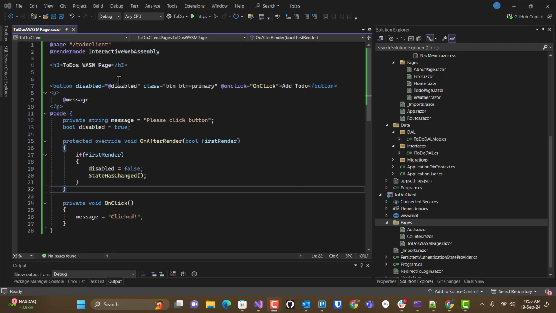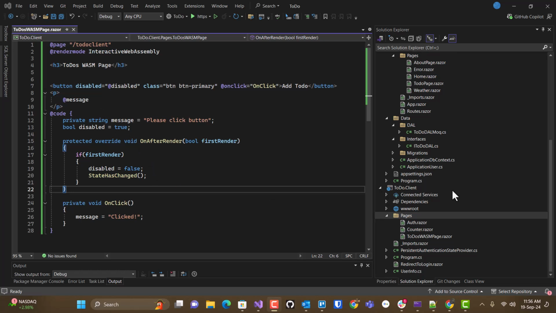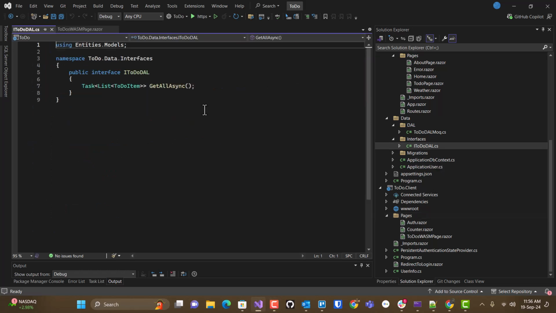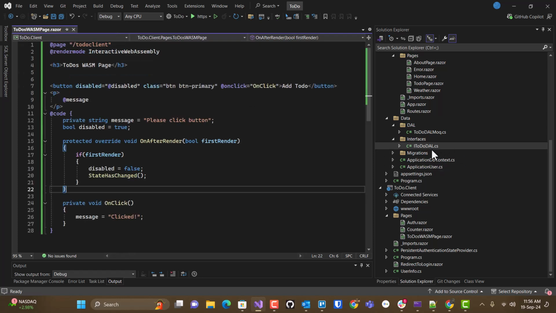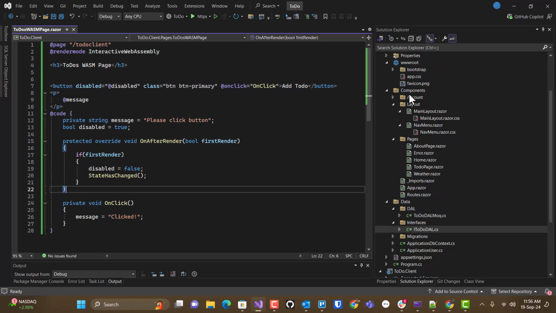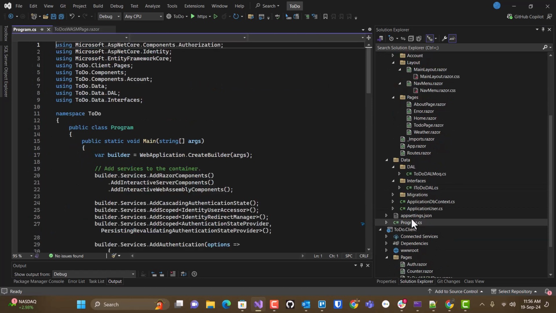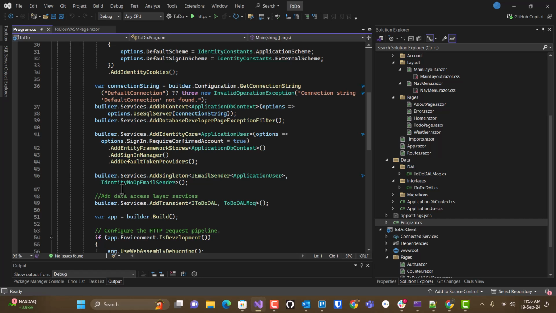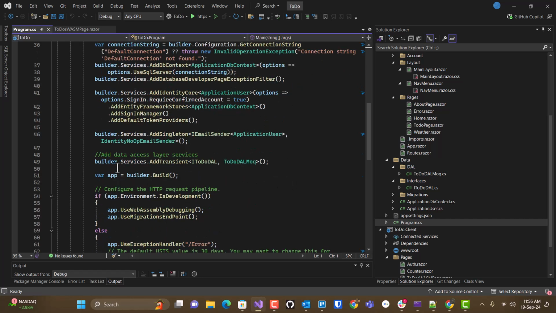Now we've gotten our page to respond to a button click. The next thing to look at is, okay, so let's say we have some data to access, and we created that data access layer. Now that data access layer is accessible on the server side, and we made it accessible by injecting it with dependency injection down here in the data